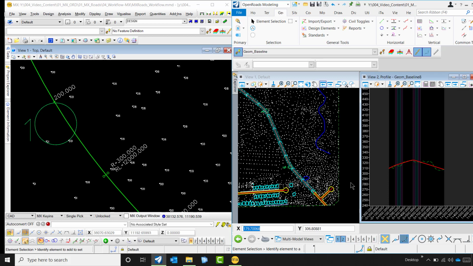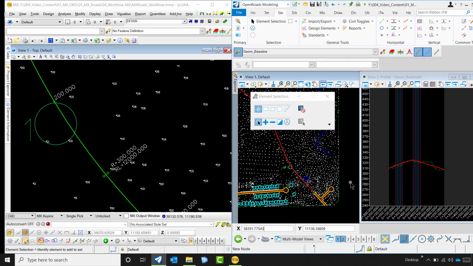So there is much more flexibility in using the edit geometry tools in OpenRoads when compared to MX Roads, although the tools are the same. You have some advanced tools, so rather than recreating your master string every time, you're simply creating your master string or the geometric string once and just making edits, which is also updating your profile view. Yes, this completes the edit geometry part for both MX Roads and OpenRoads. Thanks for watching.